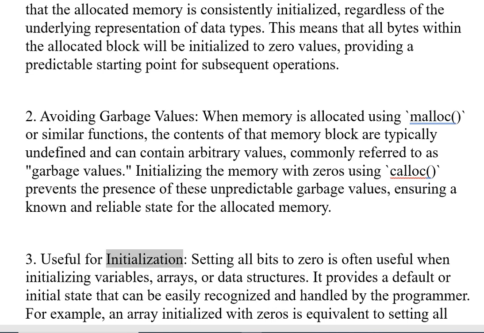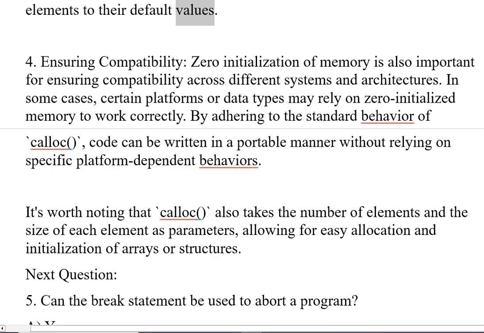3. Useful for initialization. Setting all bits to 0 is often useful when initializing variables, arrays, or data structures. It provides a default or initial state that can be easily recognized and handled by the programmer. For example, an array initialized with zeros is equivalent to setting all elements to their default values. 4. Ensuring compatibility. Zero initialization of memory is also important for ensuring compatibility across different systems and architectures. In some cases,